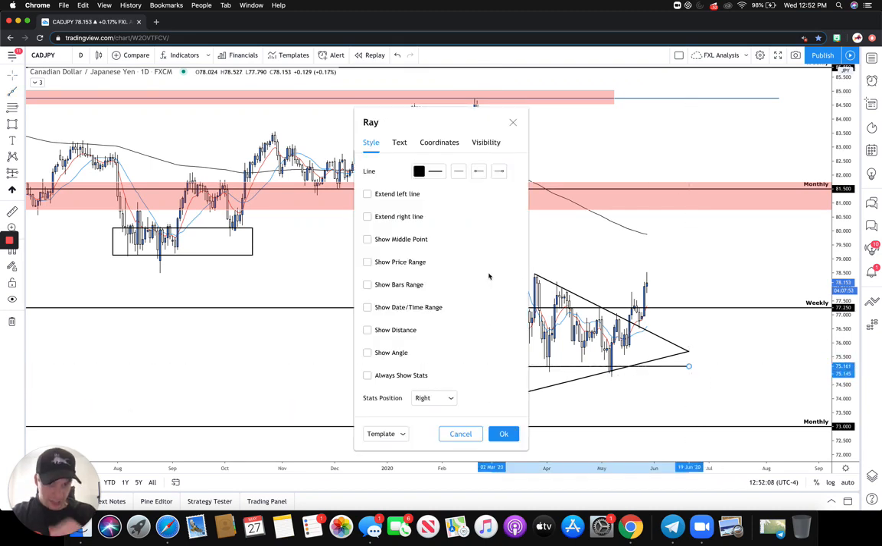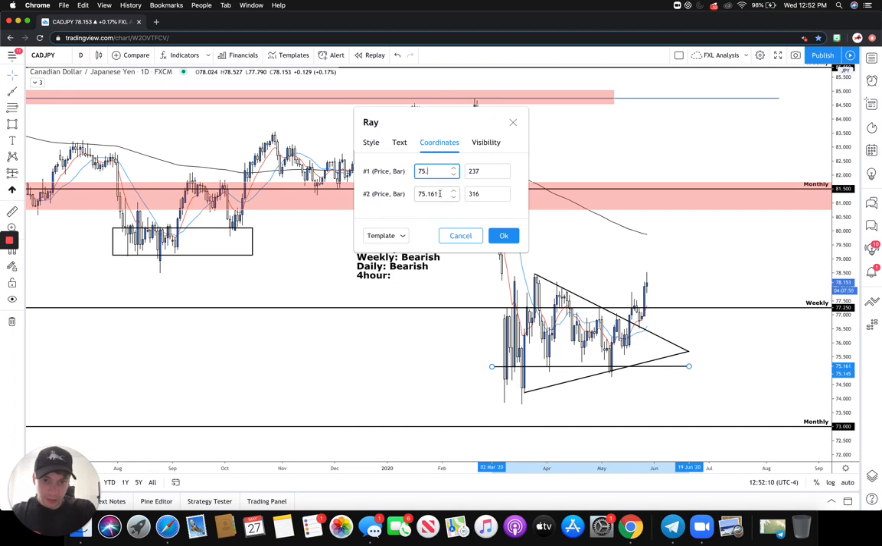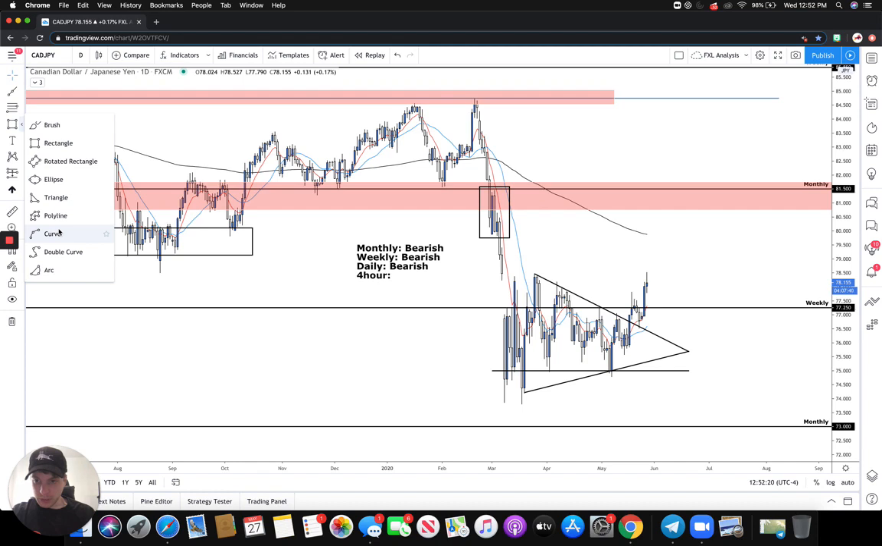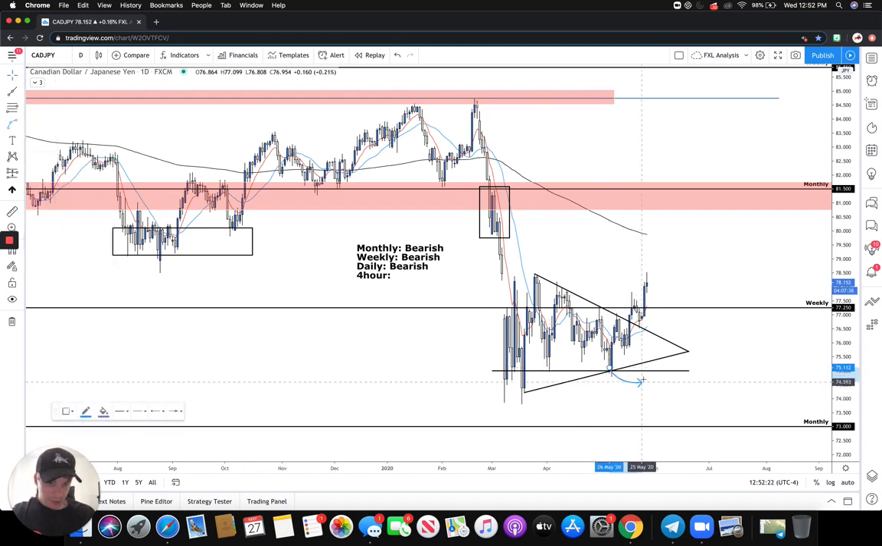We wanted to see a clear break. Let's see if 75 is a better area. Yeah, 75 is a better area. We wanted to see a clear break of this, a clear break and retest. So if this was going to be a continuation pattern, we wanted to see a break below, retest, lower highs obviously on these lower time frames, and then a continuation to the downside. That would have been really nice, and that would have confirmed this pattern as a continuation, but we didn't see